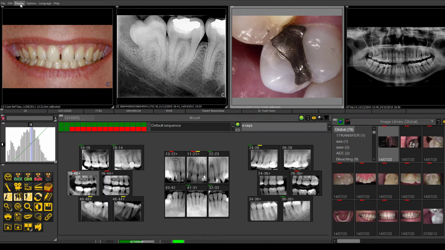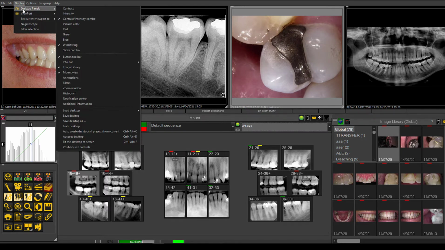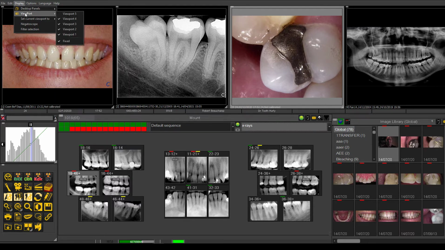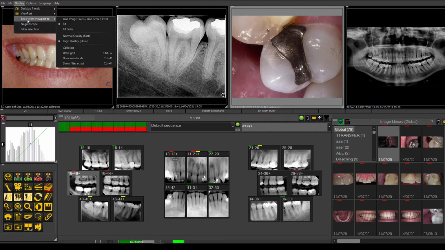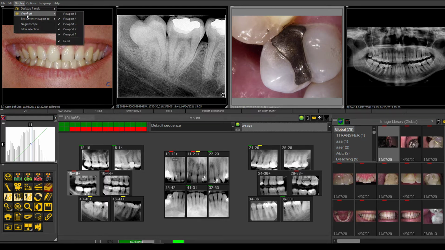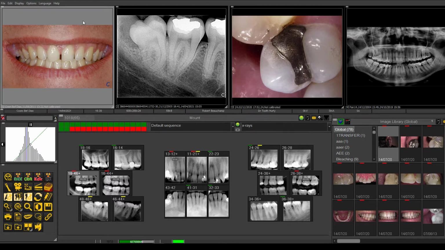Also within the display menu, you have a number of things under desktop panels. You also have viewports, and you have a couple of other things that we'll review in another video. In terms of the viewports, this will allow you to choose how many viewports you would like to be displayed on the screen. So as you see here, we have 1, 2, 3, and 4 of the viewports on the